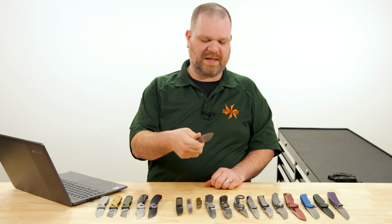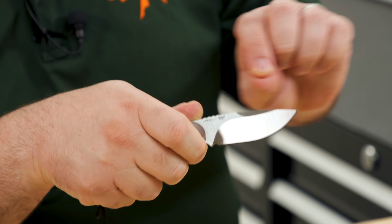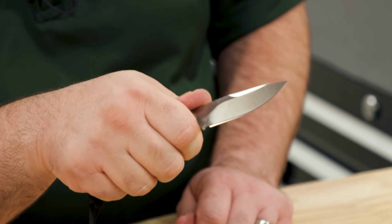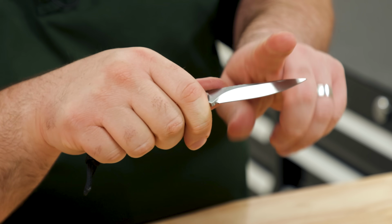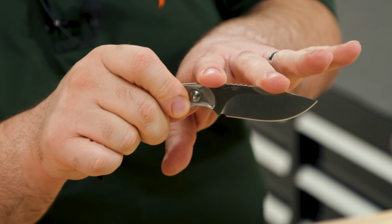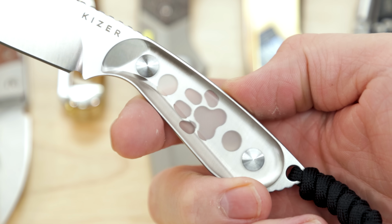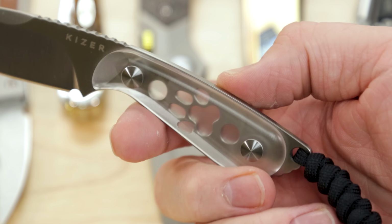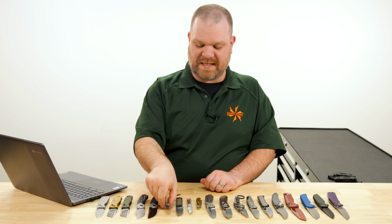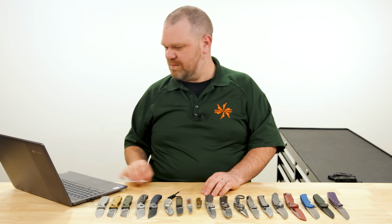Blade length just about 3 inches, cool drop point, bit of a swedge there. Not too thick, not too thin, kind of like the Pioneer right there. It's thin enough to slice well on all your daily tasks, but it's thick enough where you can actually take advantage of a little bit of that full tang strength of a fixed blade if you need to get down and dirty a little bit. And the AEB-L with its superb toughness, that's really, I think, its best attribute,